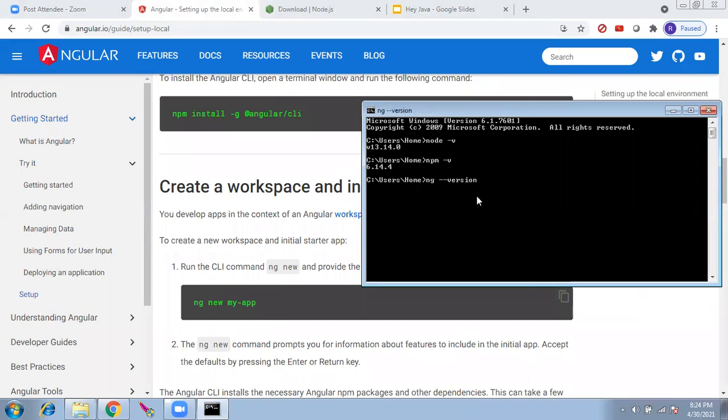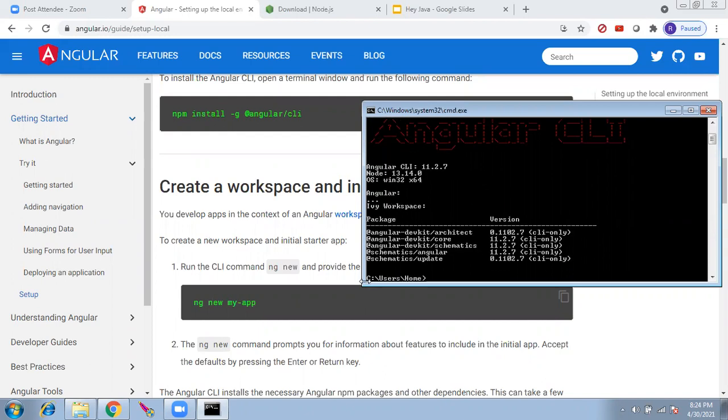I have installed 11.2, I guess. Okay, 11.2.7 Angular CLI 11. Node is 13.4. It gives default. These are all installed. So this is good.